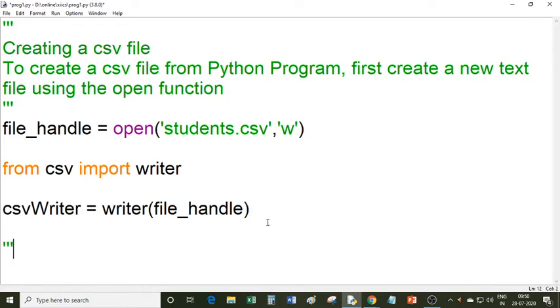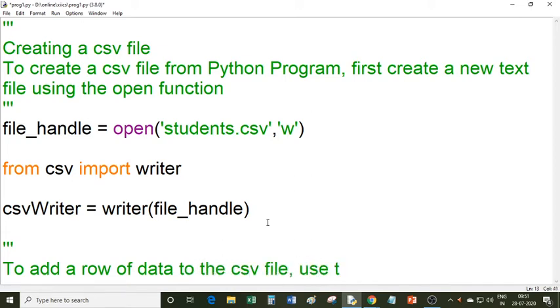To add a row of data to the CSV file, use the writerow method.